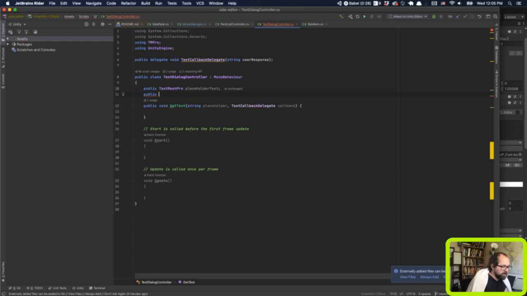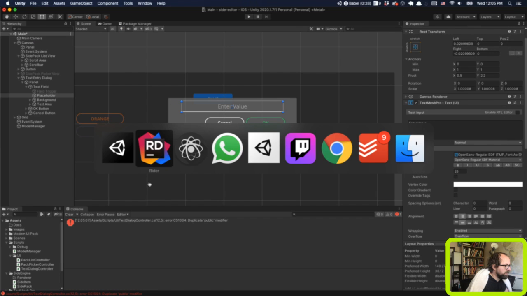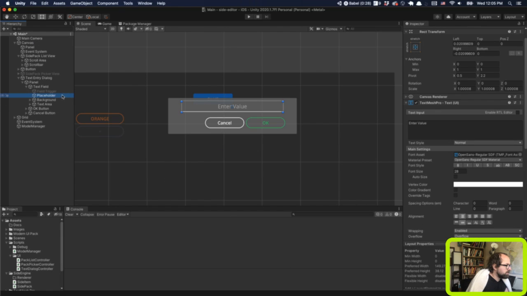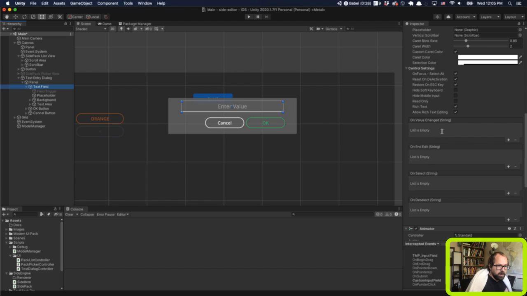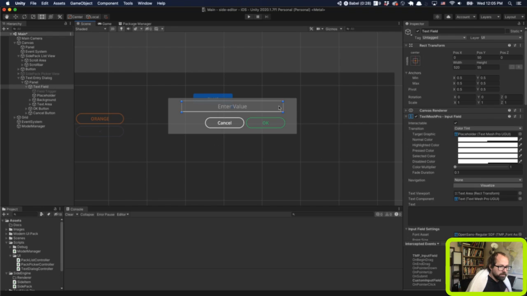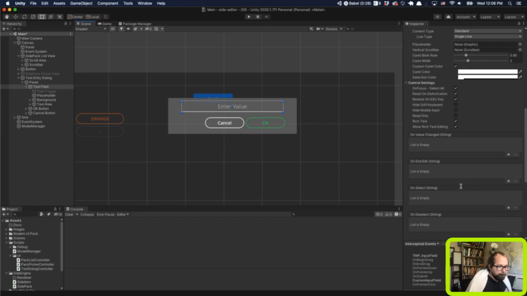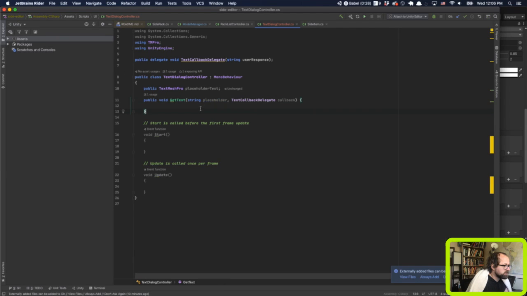I actually think we're going to do the rest of it a little bit the other way around. So something else you'll notice here is that the text field has an on value changed option. Each of these buttons has an on click option, which we dealt with the other time, the on click event. So we don't actually have to link these up. We can actually go the other way. We can add our functions here that we want to deal with. So that's just a string function. So let's say